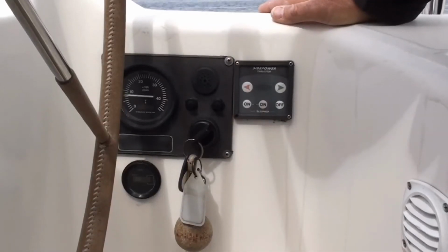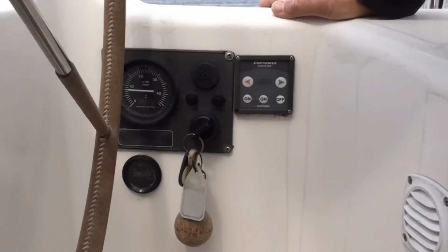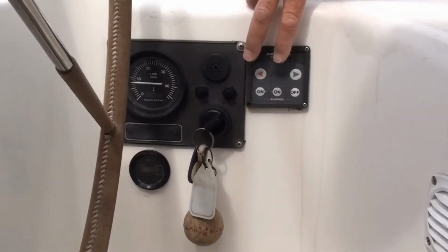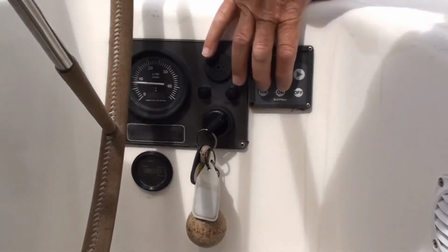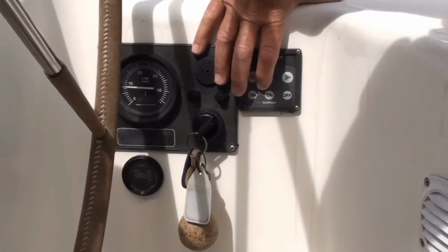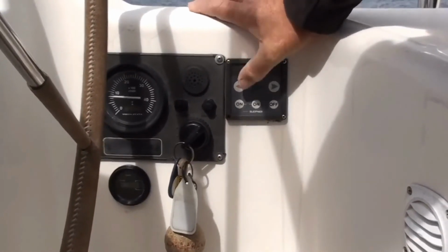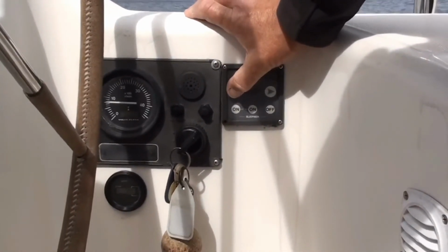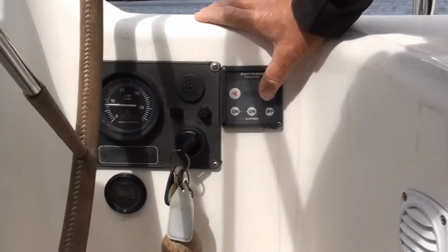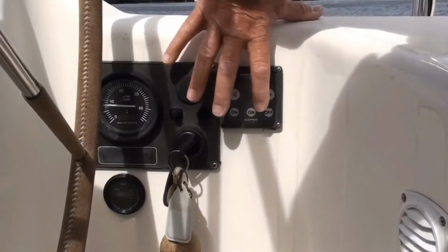To turn the bow thruster on, ensure that the switch is turned on, which is located below the chart table as previously mentioned. Using 2 fingers on the on switches, press. You will see an orange light displayed. This means that the bow thruster is on. To go to port, press the red arrow and hold. To go to starboard, press the green arrow. To turn the bow thruster off,